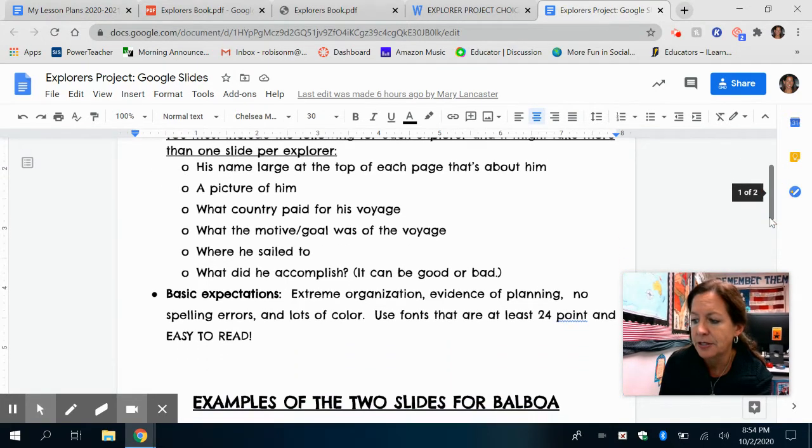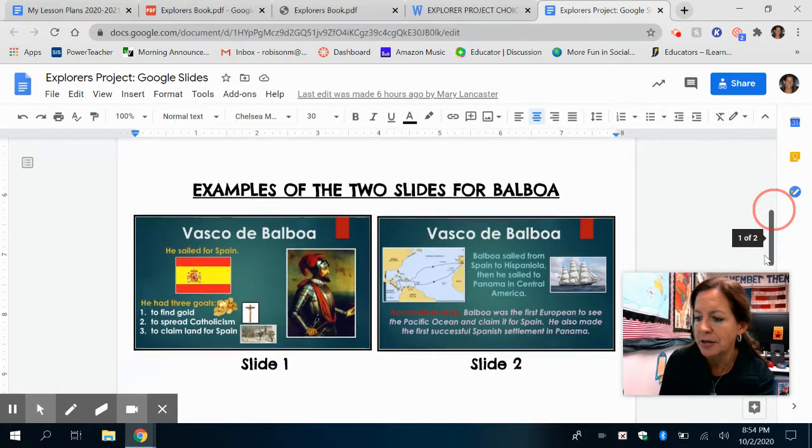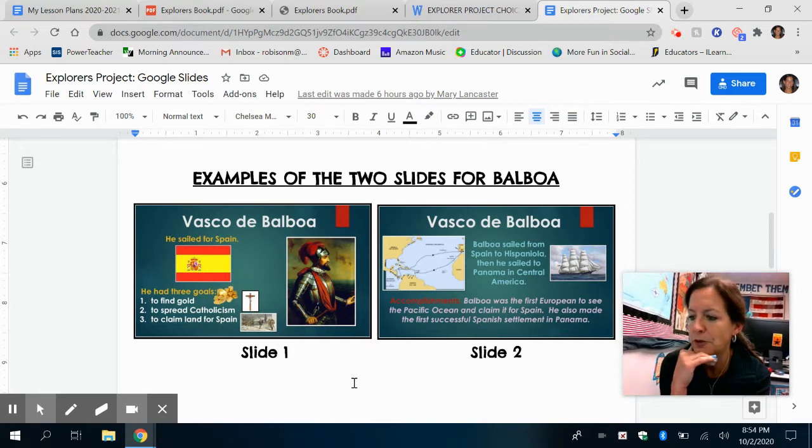Extremely organized. You should show evidence of planning. There shouldn't be any spelling mistakes at all. And lots of color. The font that you use should be at least 24-point font, and it should be easy to read. So if you're doing Balboa, these are 2 that I made for Balboa. If you look at my computer,